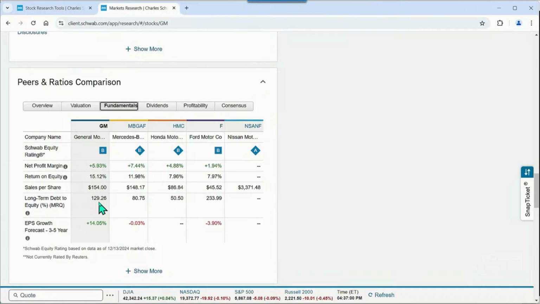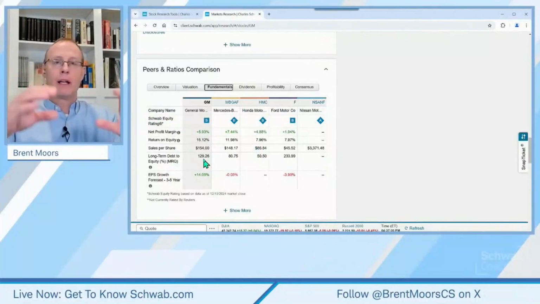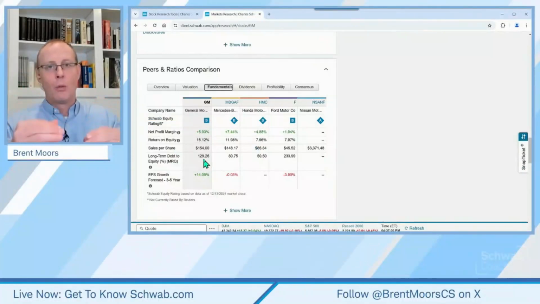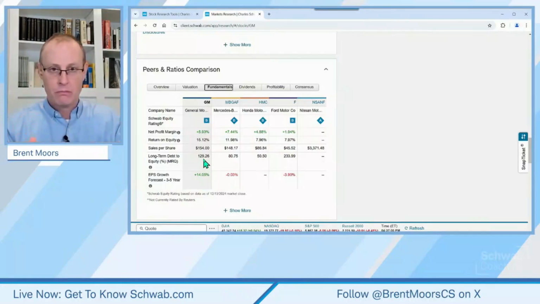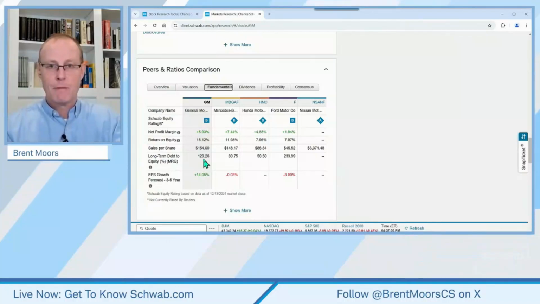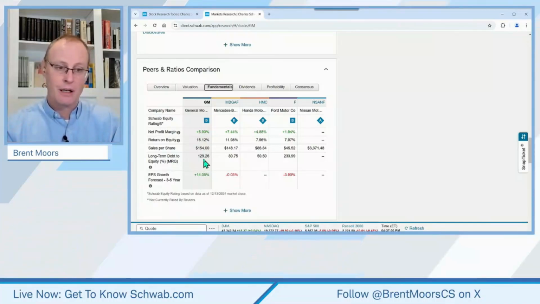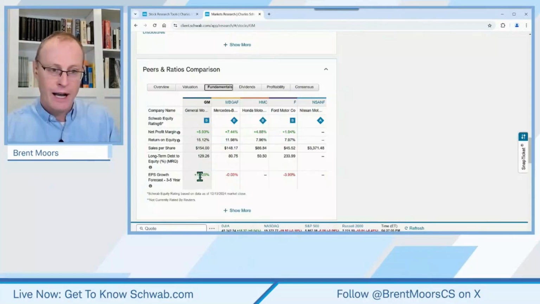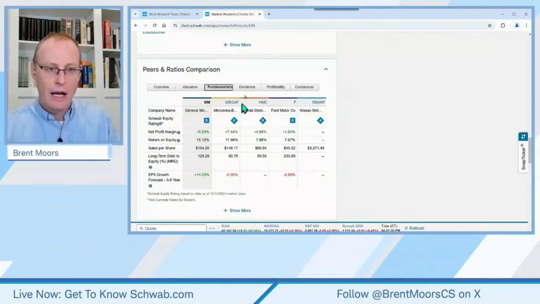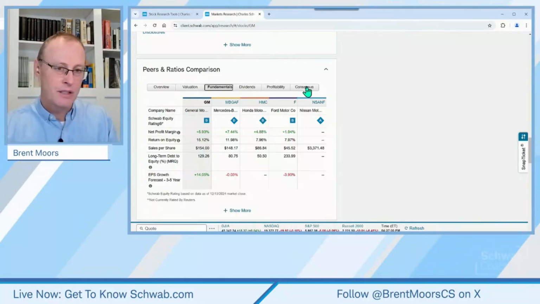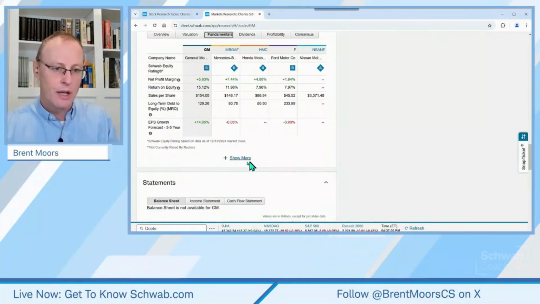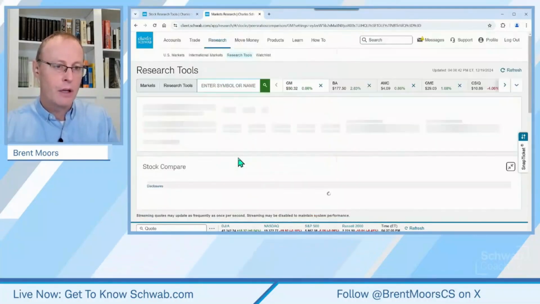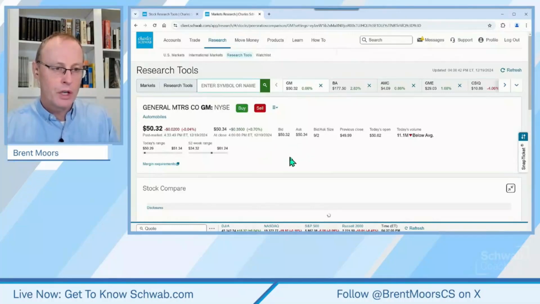Just looking at a number in isolation, it's tough to tell. So typically on a debt number, you're going to compare it to its peers, maybe the sector. I'll show you how to do that in a minute. Earnings per share forecast, you can see that there as well. You can do the same thing with consensus estimates, which are analyst estimates, profitability, dividends, and so on. But I'm getting a little low on time, so let me show you this. If you click on Show More, what it's going to do is,